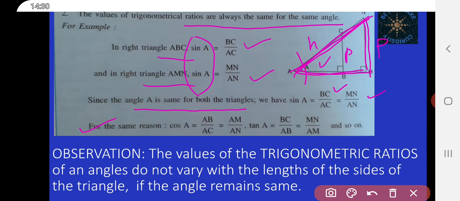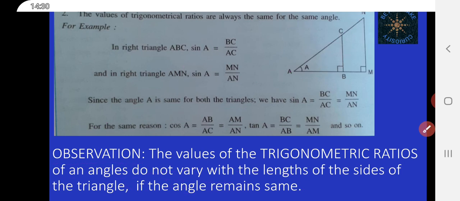What observation did we get? The values of the trigonometric ratios of an angle do not vary with the length of the sides of the triangle if the angle remains same. So next,